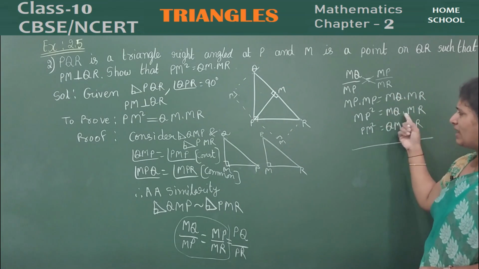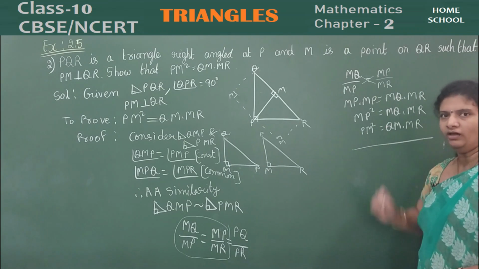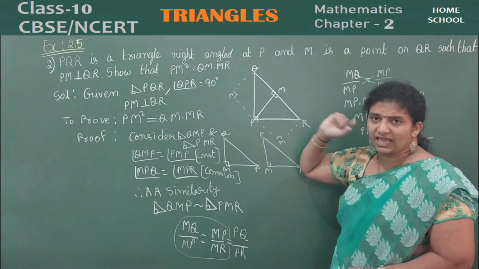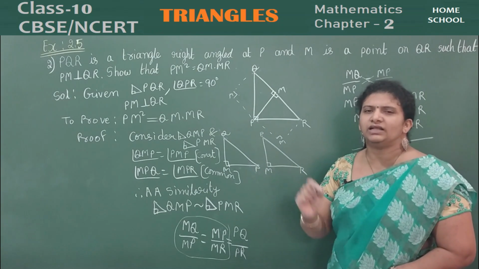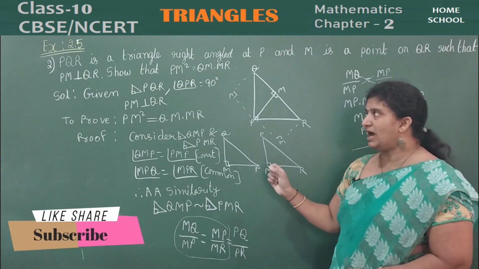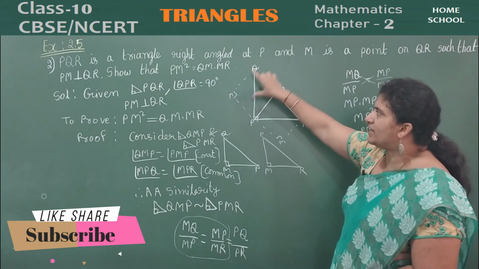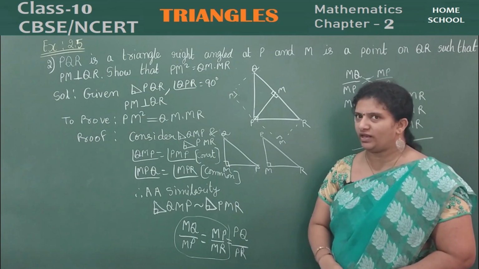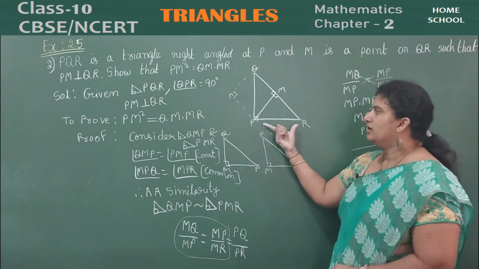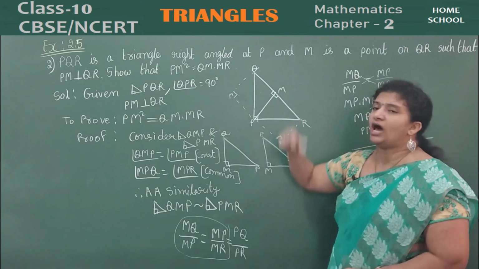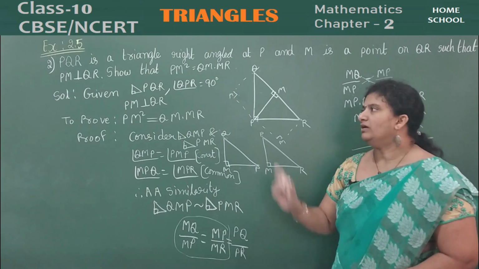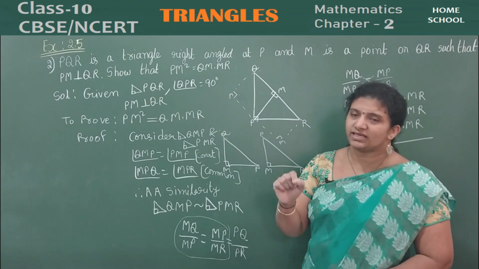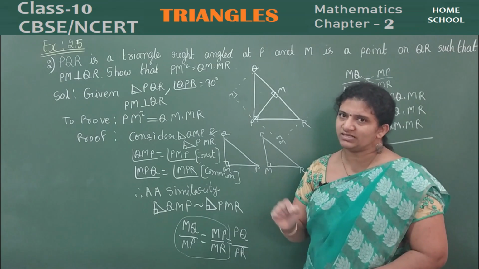Or you may rewrite it in the same manner, nothing happens. Both are correct. So what did we do? First identify. Suppose your question asked the same question, I may make a little change in this question. What is that? Prove that PQ square is equal to QM into QR. Can't you do this? You can do, no? How can you do? By case 1. And one more question I will change here. PR square is equal to RM into RQ. Prove by case 2. Okay, so don't learn any problem by heart, understand theorems carefully, and those theorems only we are going to apply in these exercise problems.